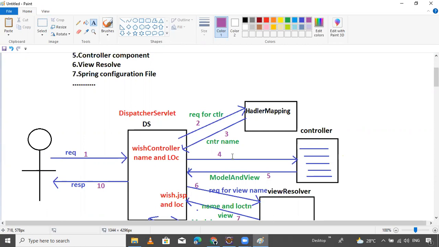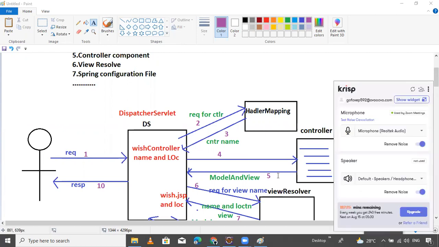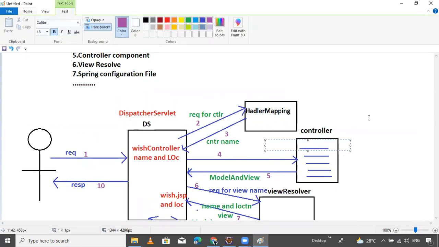Handler mapping is just finding the controller class and sending back the controller's names and location to the dispatcher servlet. Then the dispatcher servlet goes to the controller classes, performing loading and initialization. That's it.